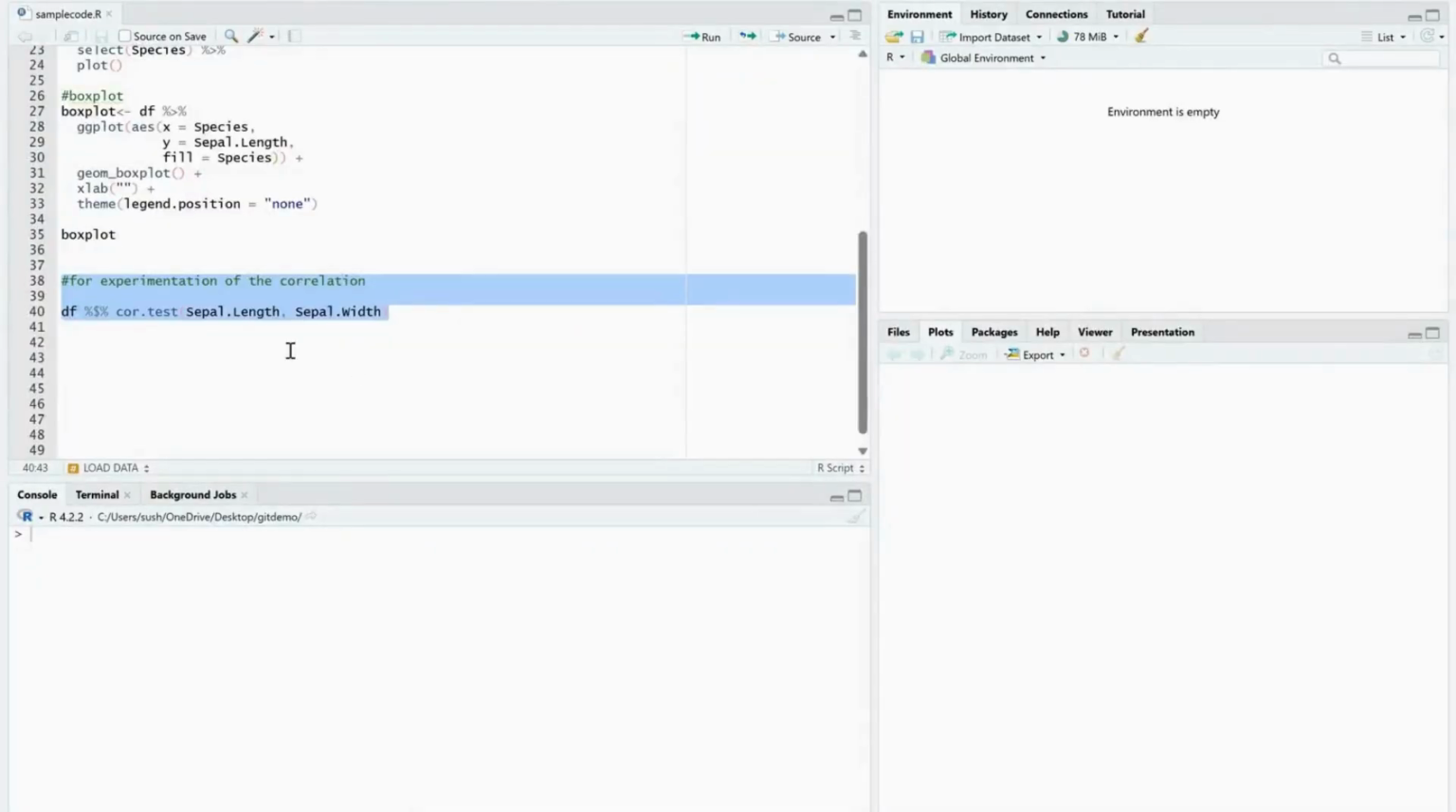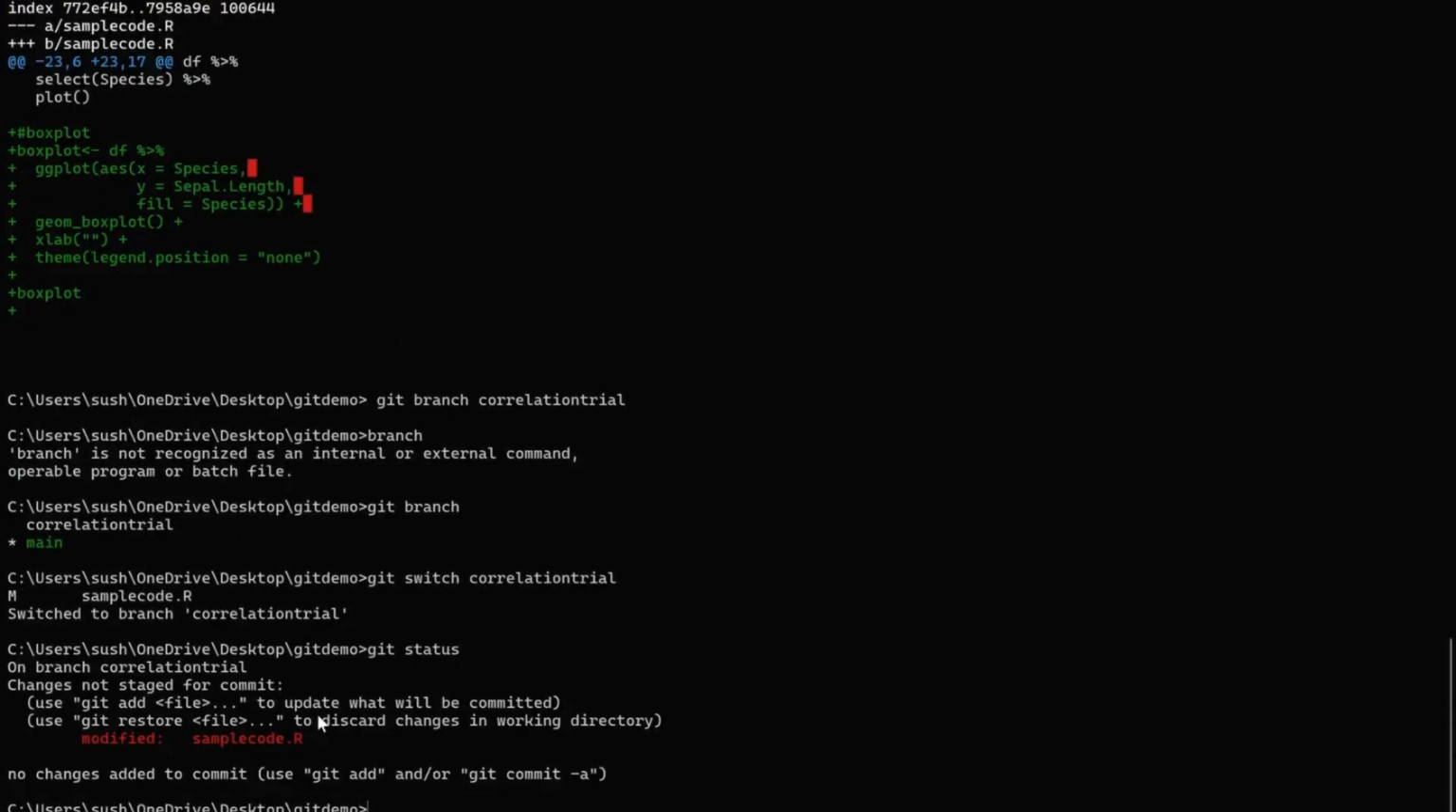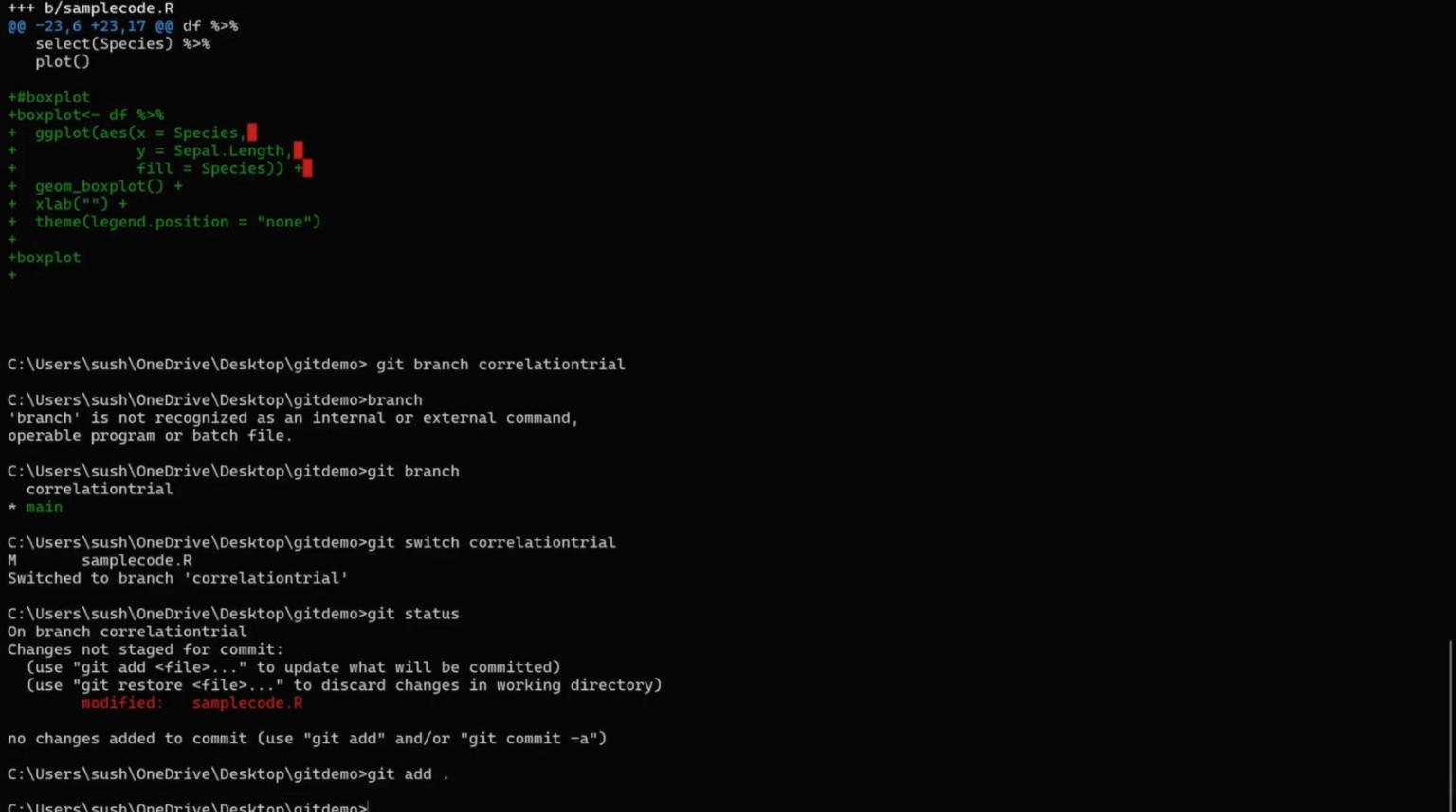So here in this code I have added the correlation related code in the main code file. Now let me add that in my correlation trial branch. To do that I will do git add, or let's first see the git status. It says that there has been some modification in the code, and I want to add this modification. I do it by git add, and then I do git commit with the message